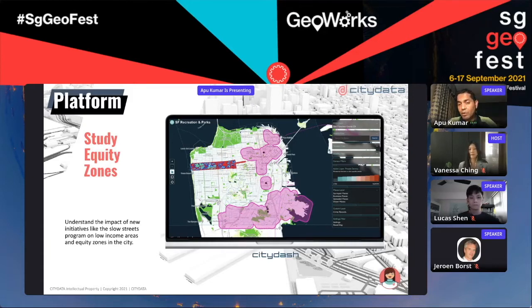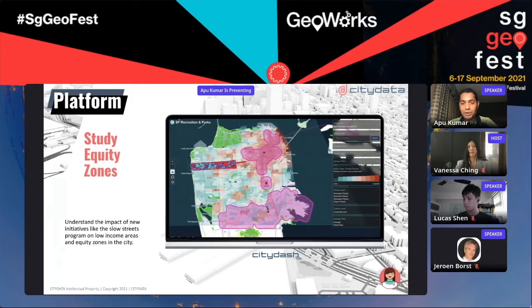Now, these are deep questions, and there is no easy way to answer these questions because really no one at the city was measuring anything for the past 12, 14, 18 months. But then they came to us and they asked us for our data sets, and we were able to show them the movements that had occurred from Golden Gate Park to the equity zones and vice versa over the past 24 months, and look at the patterns before the pandemic, during the pandemic, and as they started to recover and reopen. And then even go deeper to show exact movements from the park to different areas within each of these